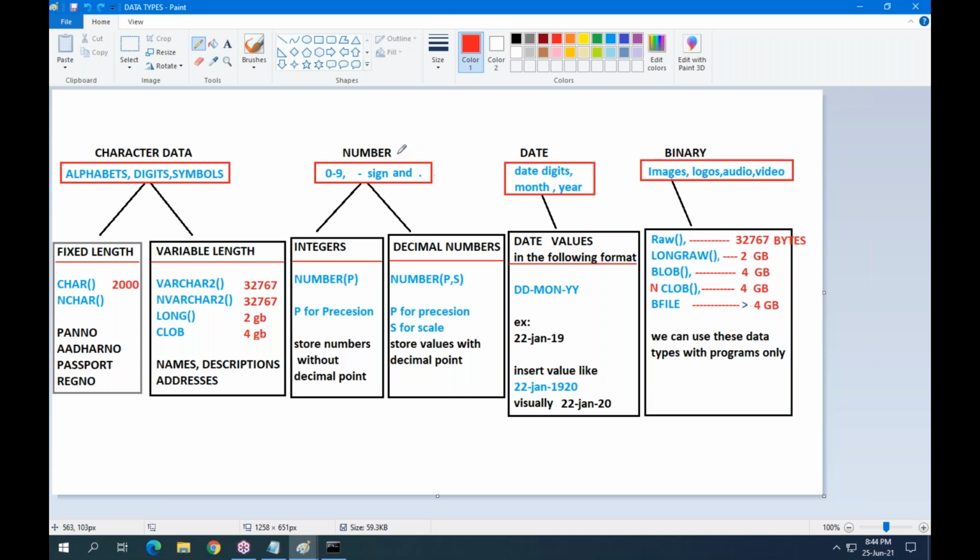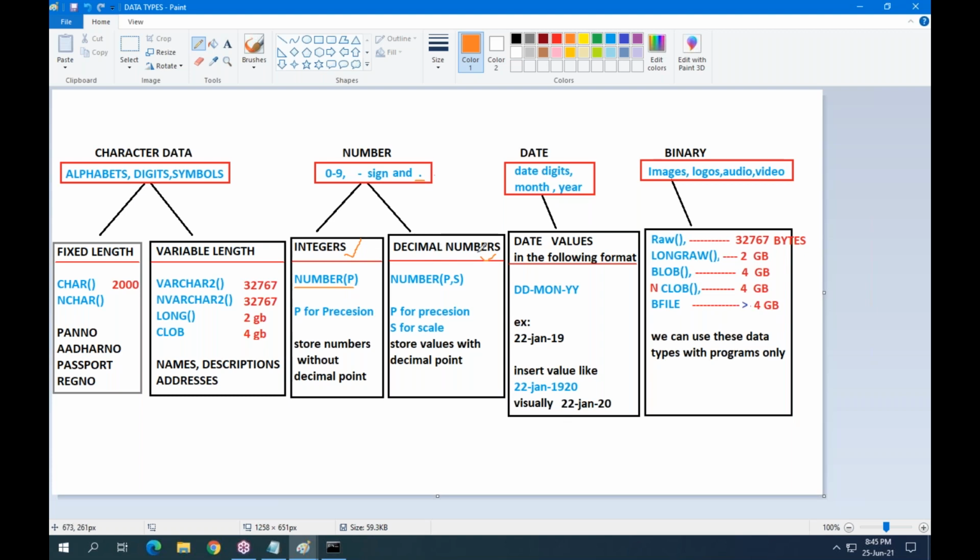Number type data. Number type data has digits, minus symbol, and also decimal point. Now, numeric data: negative values to positive values. Number data types support negative values and positive values. Basically, number type values are of two types: integers and decimal numbers. To store integers, this is the data type name.